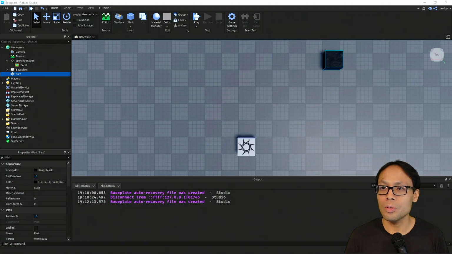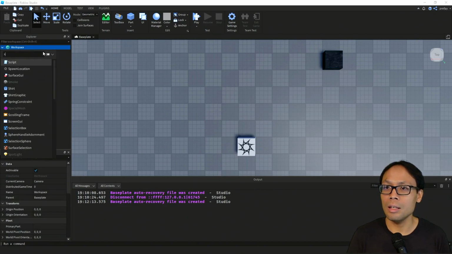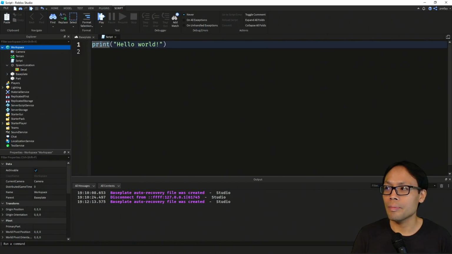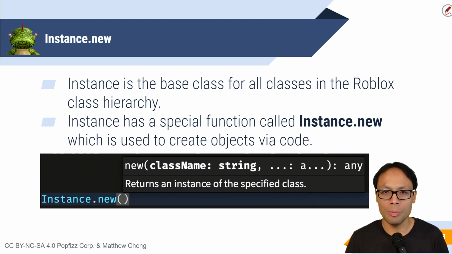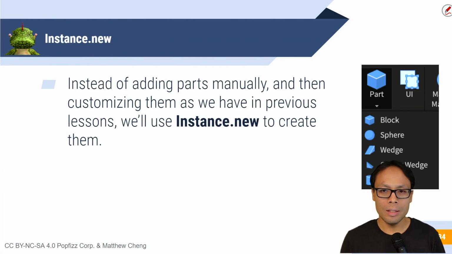So let's go back into Studio here. And again, I'm just going to add a script, like so. Now we're going to use Instance.new. Instance is the base class for all classes in the Roblox hierarchy. Instance has a special function called Instance.new, which is used to create objects via code. So instead of adding parts manually and then customizing them as we have in previous lessons, we'll use Instance.new to